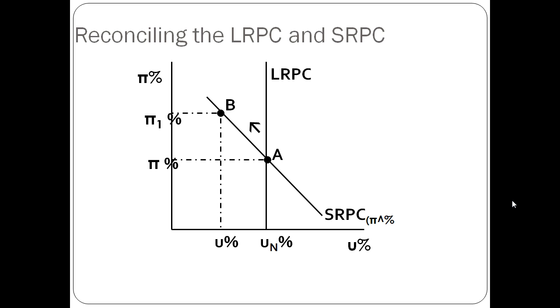This pushing up of wages, of course, is going to increase input costs and is going to decrease short-run aggregate supply, shifting it to the left. Well, if the short-run aggregate supply shifts to the left, that means that the short-run Phillips curve is going to shift to the right. Remember, short-run Phillips curve shifts the opposite way of the short-run aggregate supply curve. So we're going to shift the short-run Phillips curve to the right, back to the long-run Phillips curve, to point